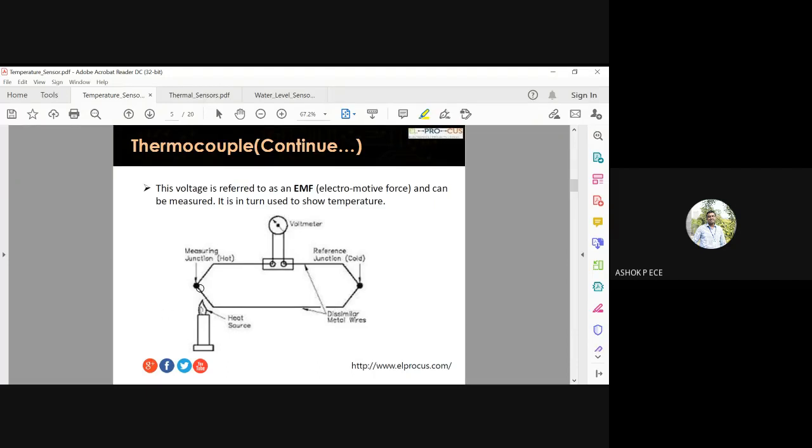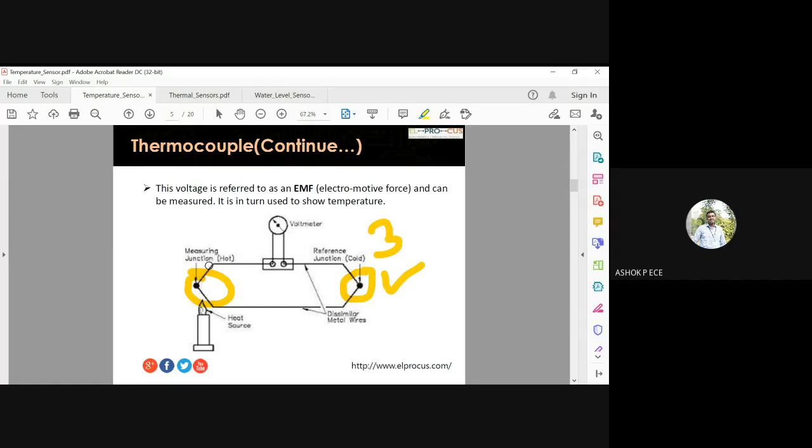If one end is hot, the other end, relatively compared with this end, is going to be always cold, right? So this can be at room temperature, this can be heated. You see here, I'm going to heat it using a candle. So this is going to be the hot junction and this is going to be the cold junction. Cold junction is always at room temperature. Room temperature is 30 degrees Celsius or 27 degrees Celsius. So I'm going to keep the cold junction at room temperature.